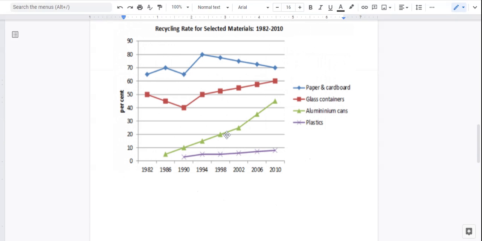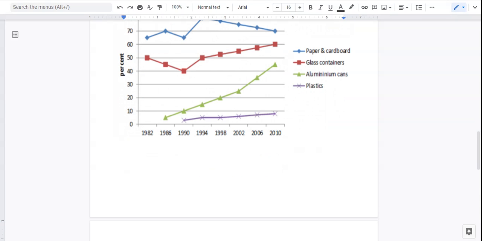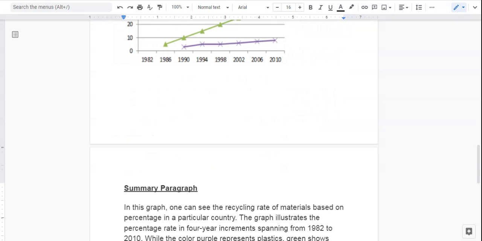And as far as the percentage of increase that we see, you can see aluminum cans have gained more traction than the others. They had the most steady increase over time, so it did not have any real drops. So I can say that aluminum cans,